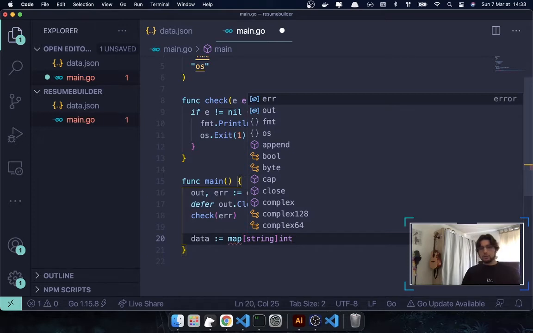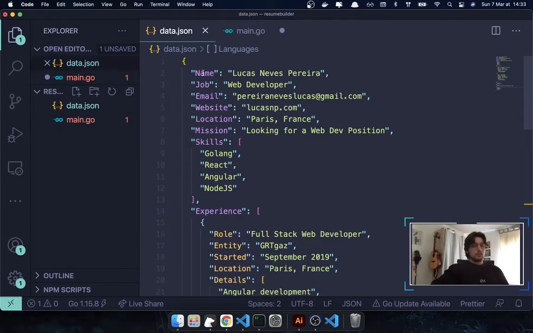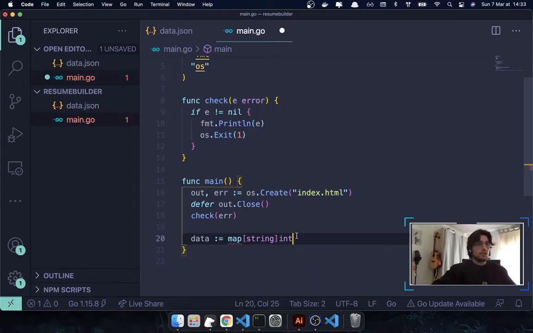So actually we need to say the type of the key and the type of the value. So here in our JSON file, we can see that the name property is going to be the key. So this is of type string. And for example, the value is my name and is of type string, but we cannot map it to string here